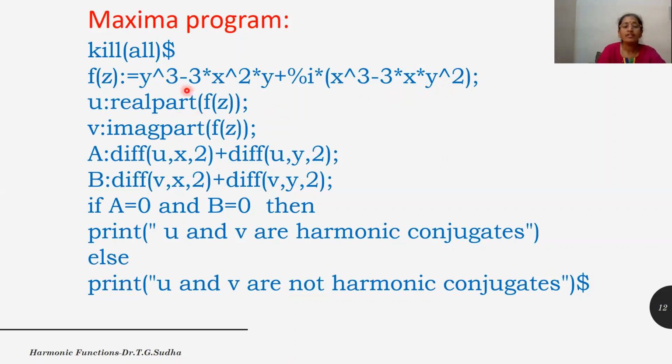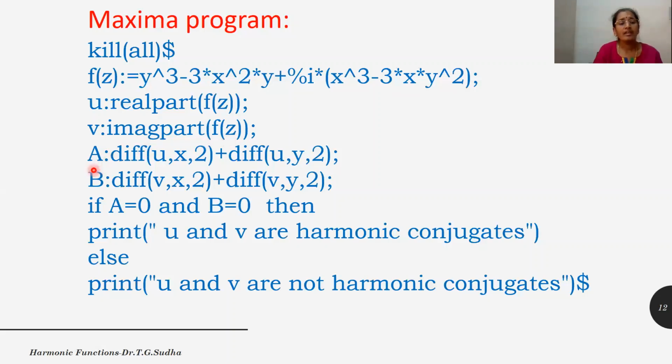We need the real part of the given function, so we need to extract that. Here we are using the built-in command realpart(f(z)). This returns the real part of the function given to us, that is f(z). And this is just a computational function and it is not a simplifying function. Similarly, we have v, the imaginary part. imagpart returns the imaginary part of the function f(z). Once again, this is not a simplifying function, this is a computational function.